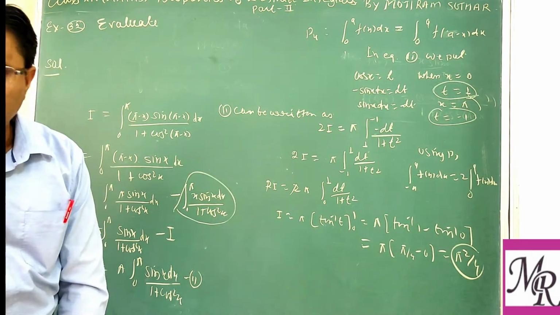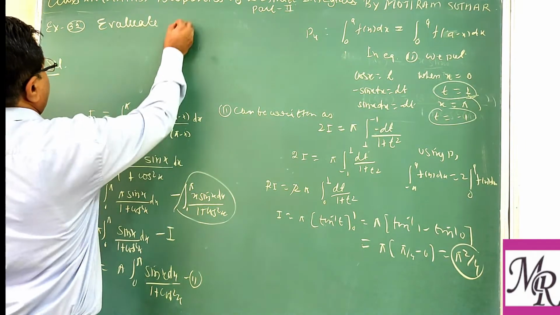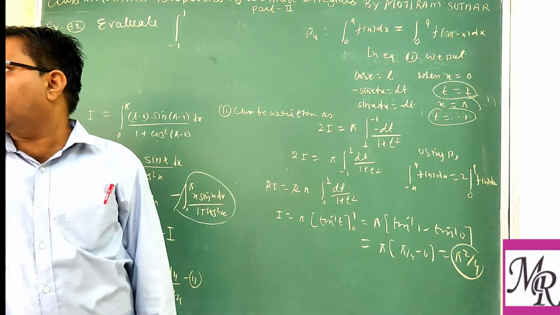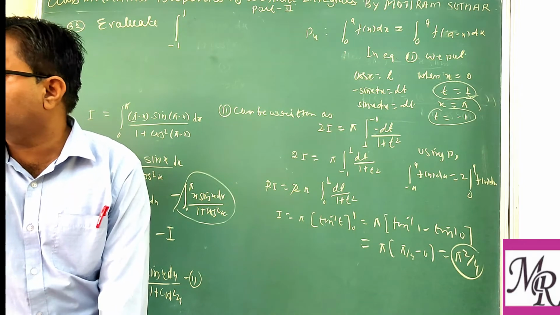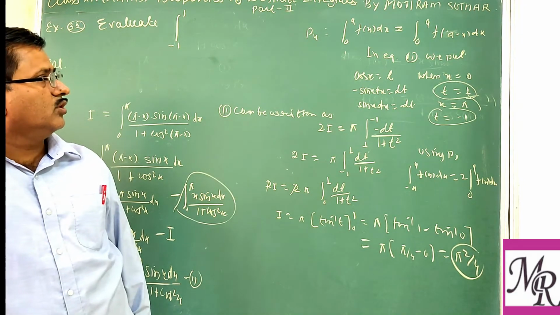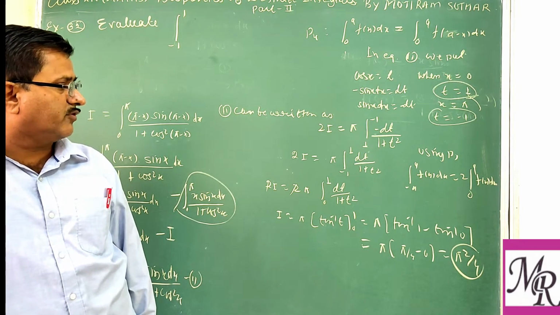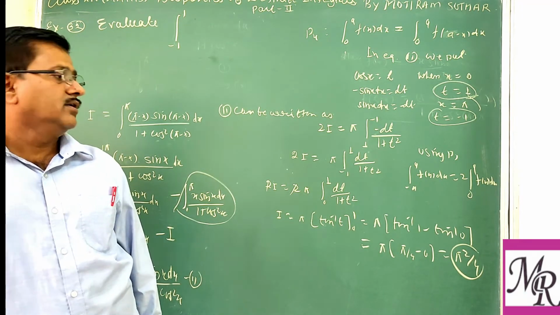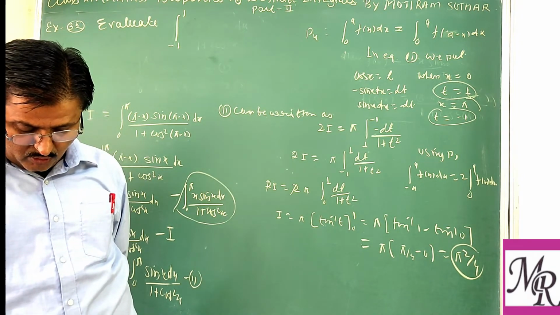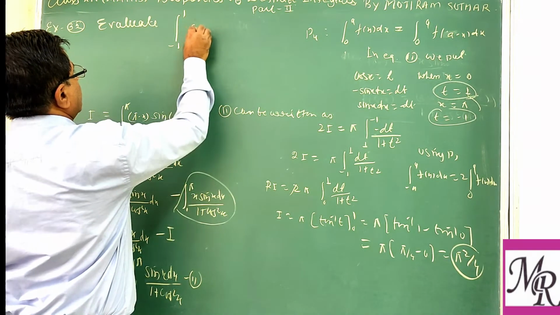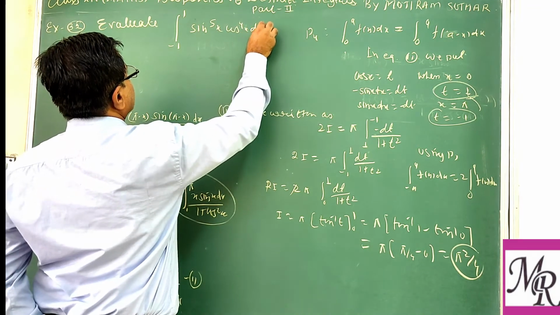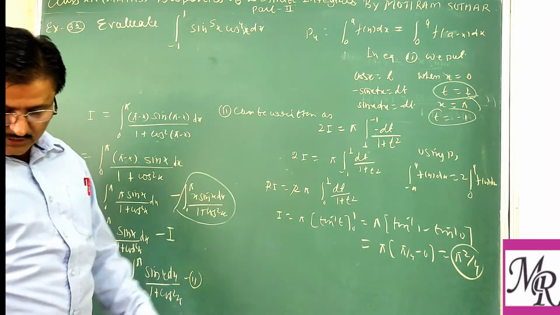Next we can say, evaluate the integral from -1 to 1. Whenever you find the limit set from negative to positive, you may check the property of definite integrals that gives you the integral from -a to a of f(x) dx, that is P7. If it is even or odd, according to that you have to find the value. The integrand is sin 5x cos 4x dx. So we have to integrate this one.